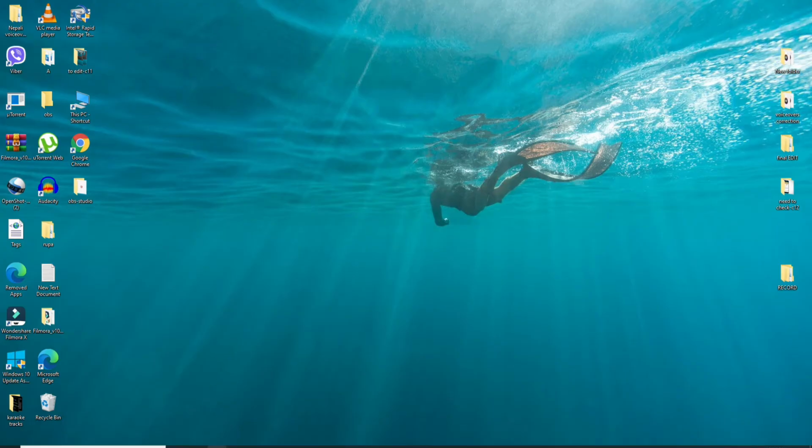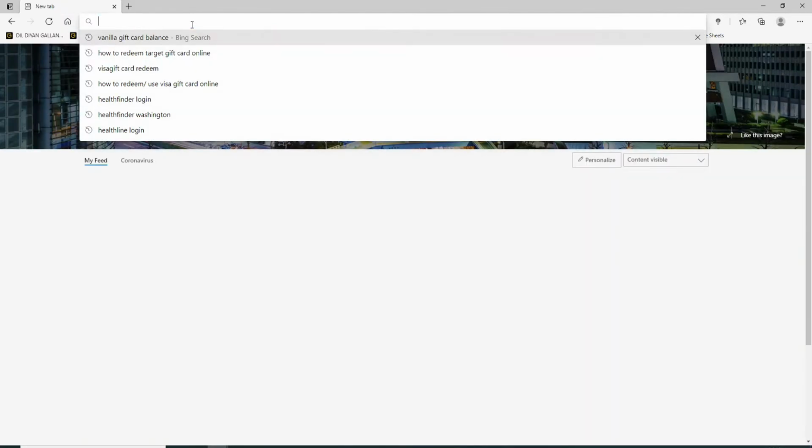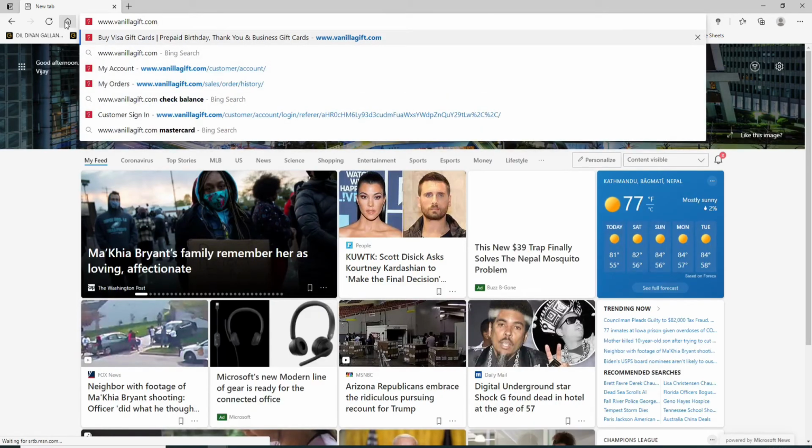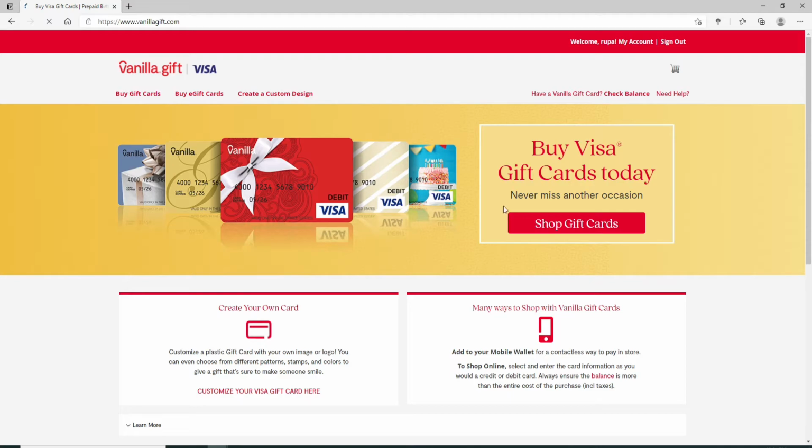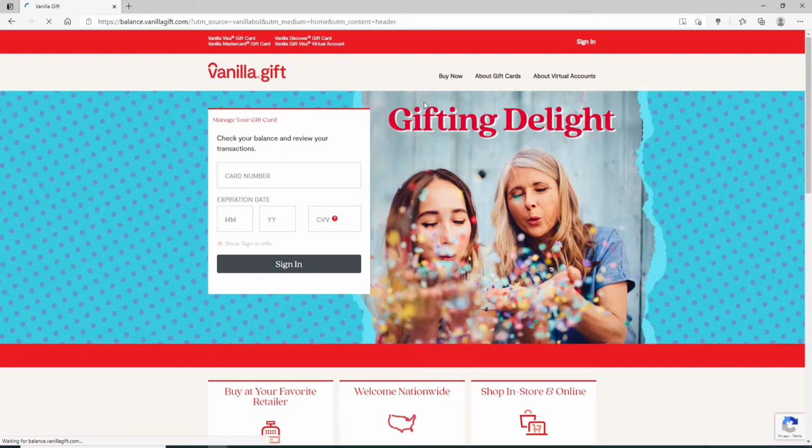Start by opening a web browser first, and as soon as you do that, type in www.vanillagift.com and press the enter on your keyboard. Soon after you do that, you'll end up in this page. If you've not signed into your account yet, go ahead and sign into your account first, and once you do that, in order to redeem your gift card, go and click on check balance link right here,